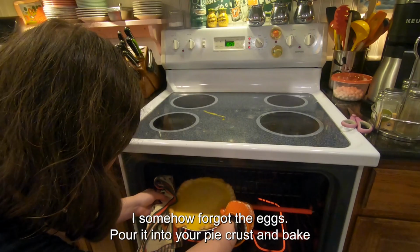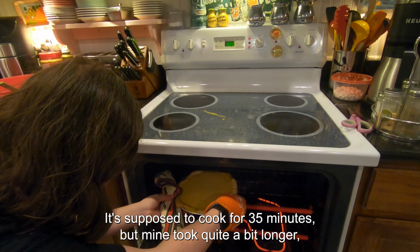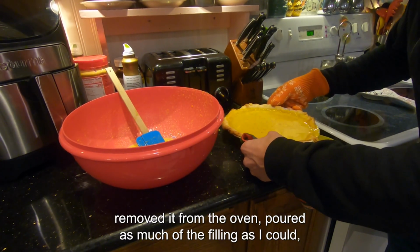Pour it into your pie crust and bake that in the oven at 350 degrees Fahrenheit. It's supposed to cook for 35 minutes, but mine took quite a bit longer, so don't panic if yours isn't done. After about 5 minutes, I realized that I forgot the eggs, so I panicked and removed it from the oven,